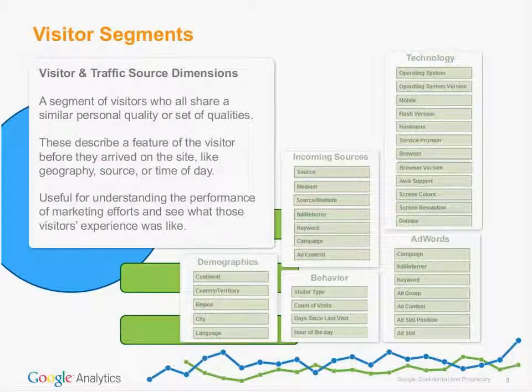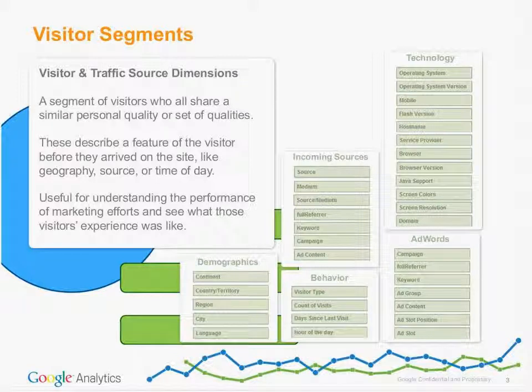A visitor segment is a group of visitors who have in common some quality about themselves or the way they got to your site. Some quality before they arrived on your site is the key idea here. And by pivoting on one or more visitor qualities, you can learn more about what those visitors do once they